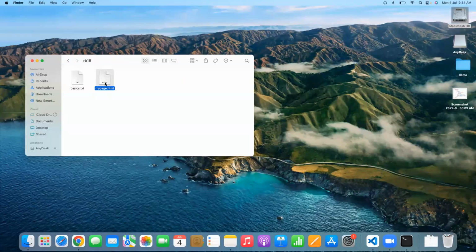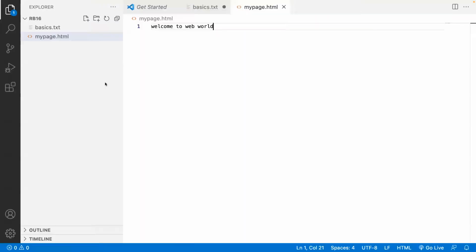Okay. Now let us try to understand the different possibilities of a web page. So here, this is a web page, but I don't think it will be too good to just write like this. If you keep this content in elements, it will look more beautiful.